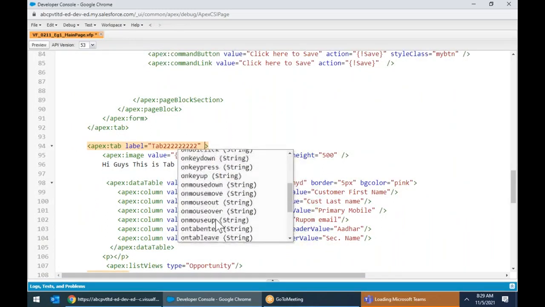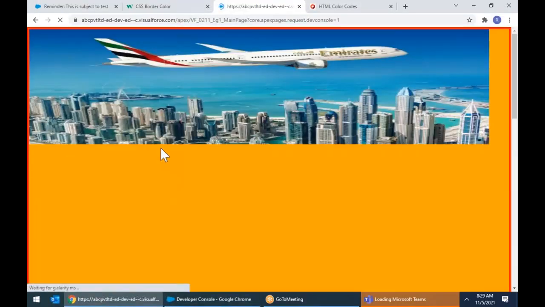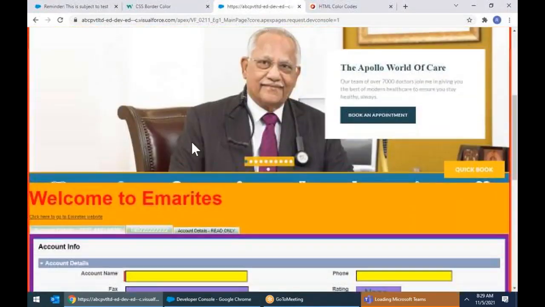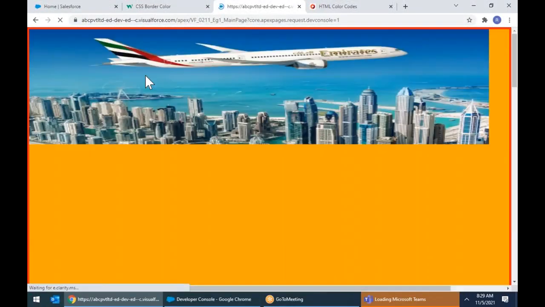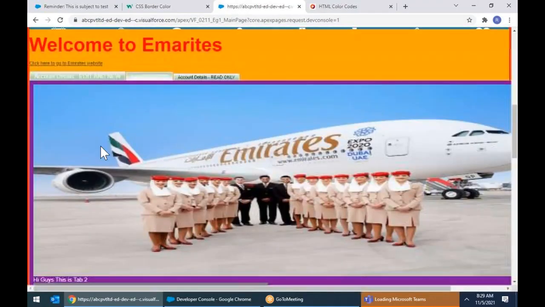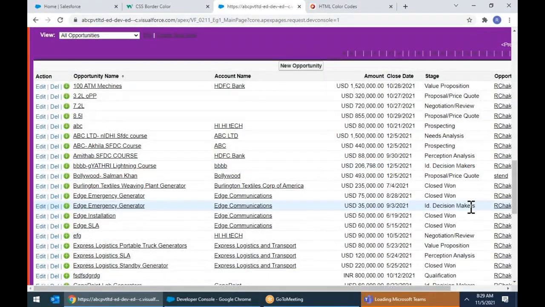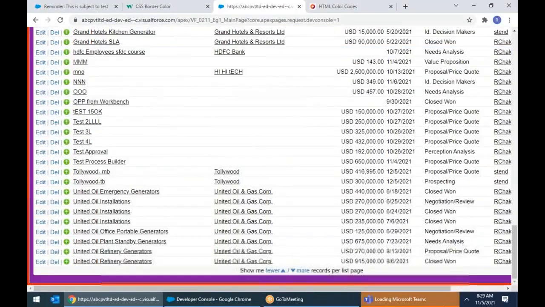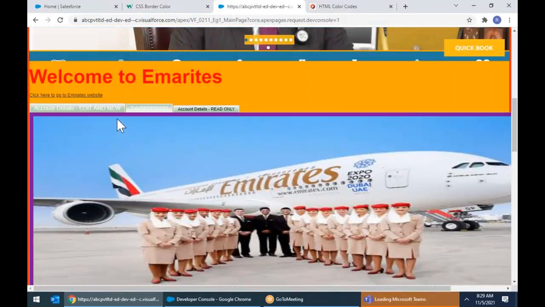Space style class equals to my tab, Control S. Let us go ahead and see, because I say font white, the tab, can you see? Background is orange. On that there is a tab, and the tab color I have set to